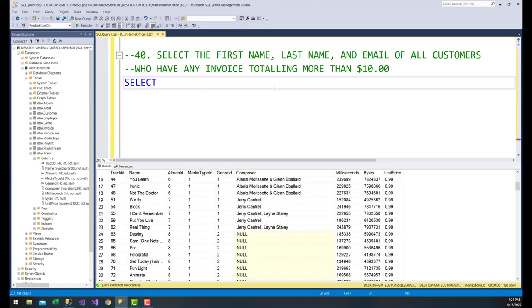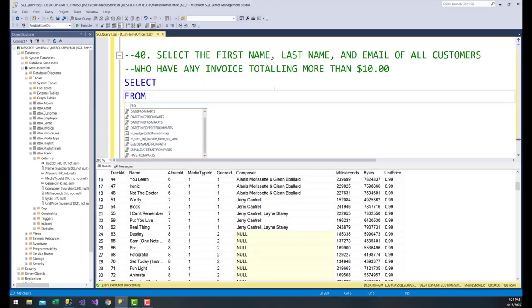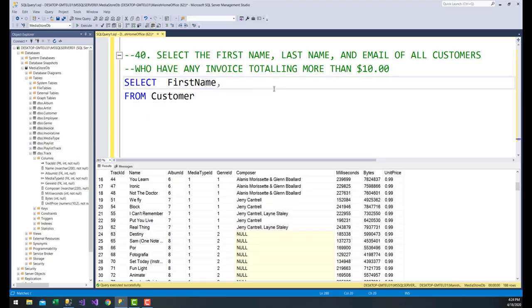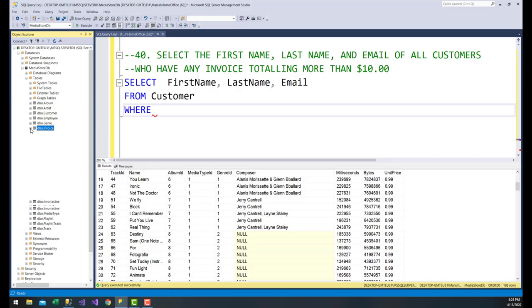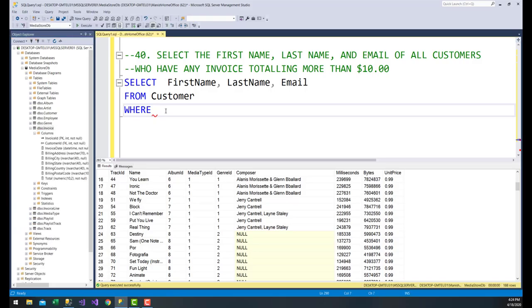So first things first, let's get a select star from the customer table. It says first name, last name, and email. All right, so this gets me all the customers. That's just normal, right? But I need to say where the customer ID exists in the invoice table. So notice invoices are broken down by customer ID. So where the customer ID